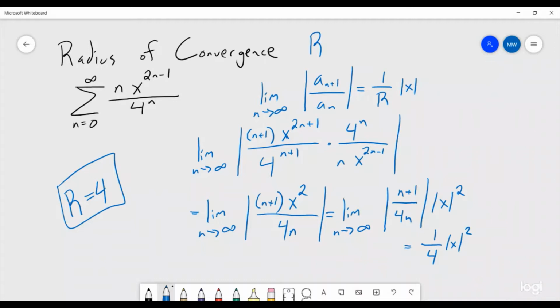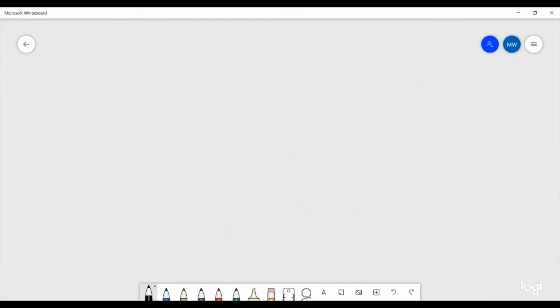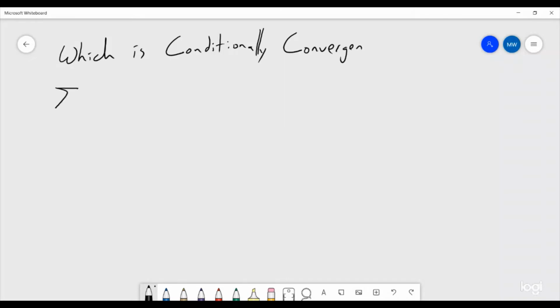Alright, let's do another one. Let's figure out about some conditionally convergent stuff. So we want to know which is conditionally convergent. So we have the sum,